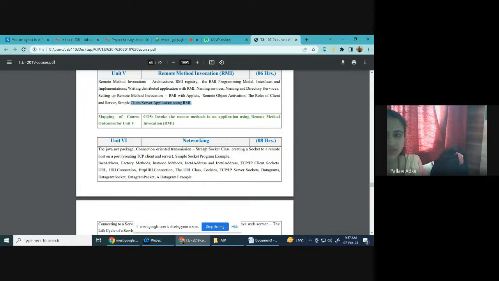And the last unit is networking. Okay, TCP/IP client sockets, URL connection. Last year I just reviewed this because as I joined late, I could not complete this unit completely, but I had given some important points. This year we will try to finish it fully. That is, IPv4 addresses, TCP/IP client server, all these things. Okay,